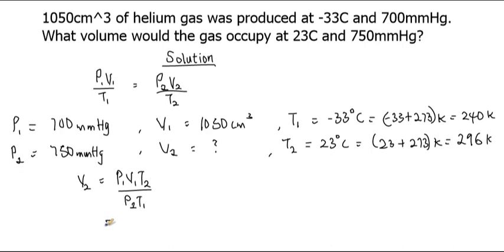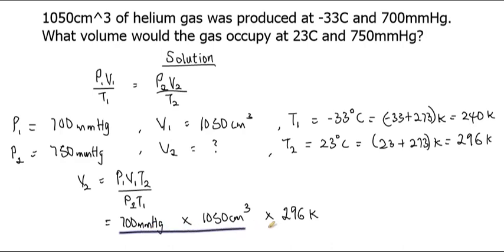Substituting the values for V2, we have V2 equal to P1, 700 millimeter mercury, multiplied by V1, which is 1050 centimeter cube, multiplied by T2, which is 296 Kelvin,